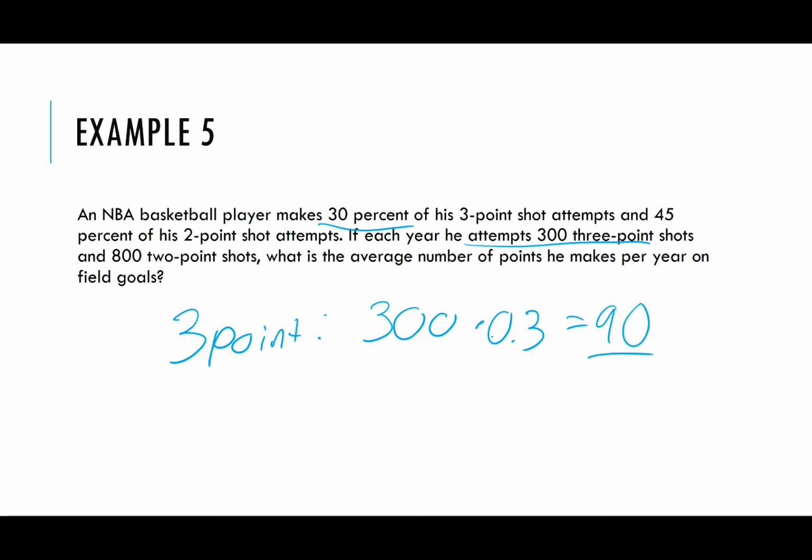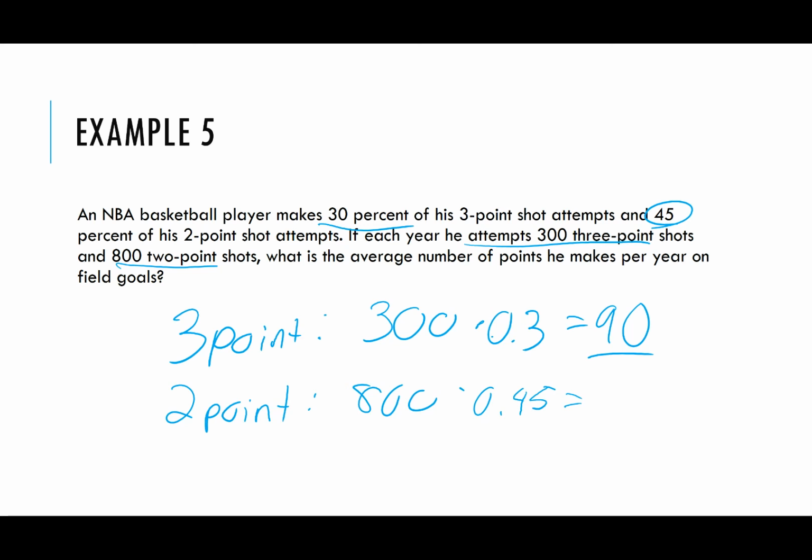So he shoots 300 threes, but makes 90 of them because he makes 30% of them. For his two-point shots, he is attempting 800 two-point shots, but he's going to make 45% of them. So 0.45. So 45% of 800, 800 times 0.45 is,